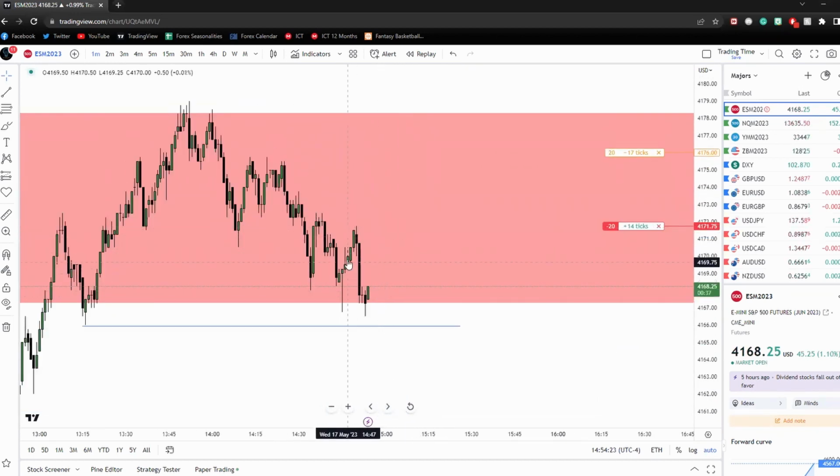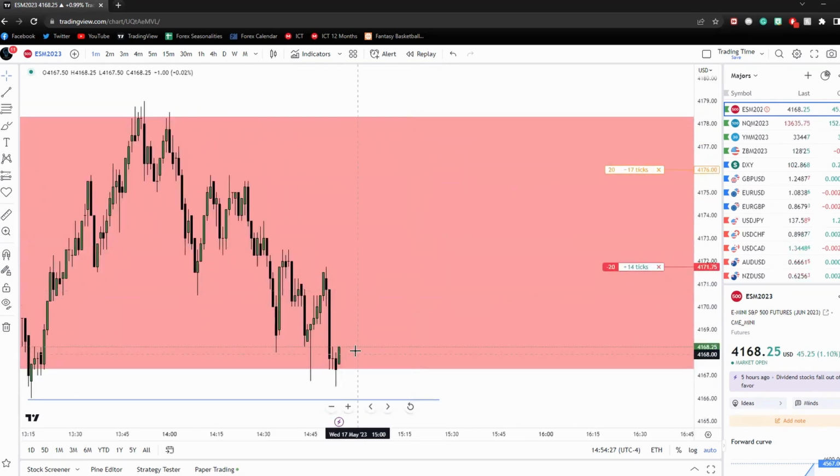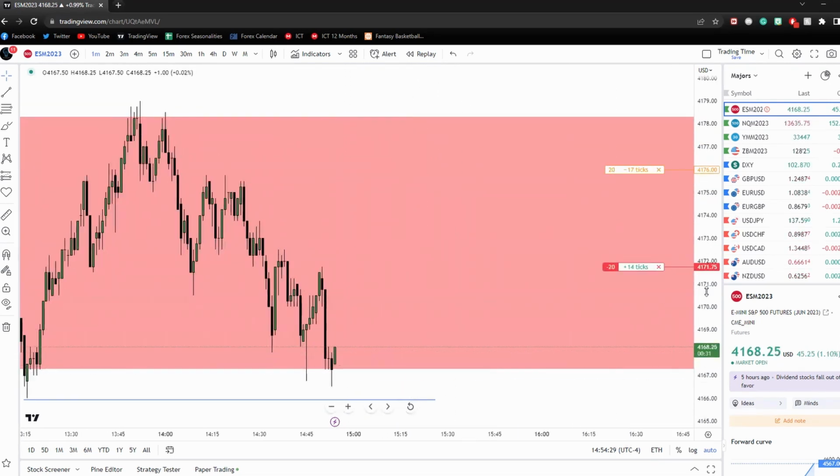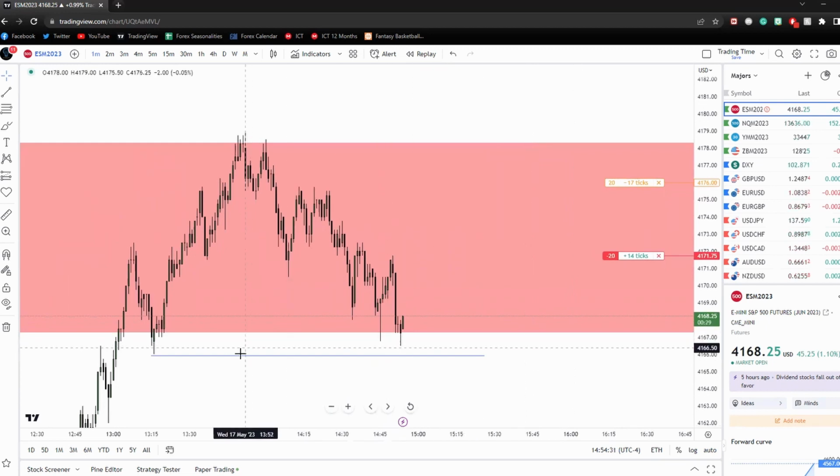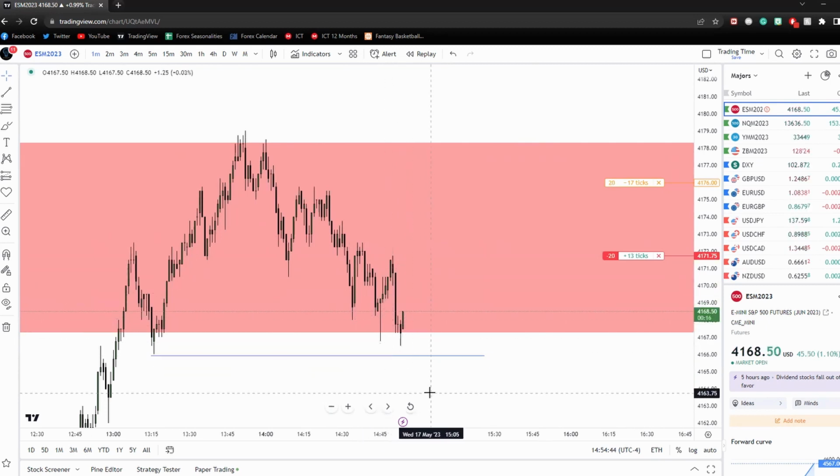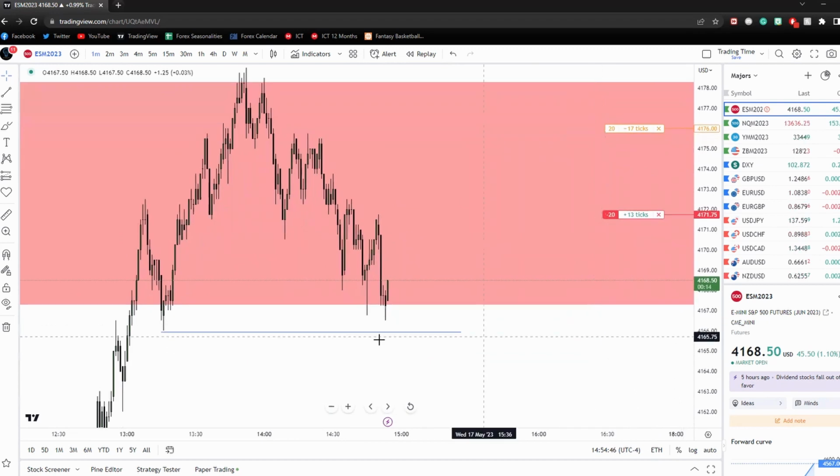We just let this run now. We see a nice imbalance right there. Looking for price to maybe drop, use that and drop lower into taking out these lows here. The issue I do have is that it took out these lows multiple times. So it took out this low here, ran higher, took out this low here. Looking for this to be respected and then roll over and continue going lower towards this low right here.